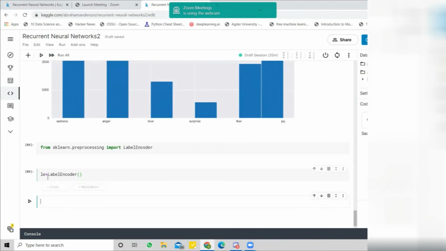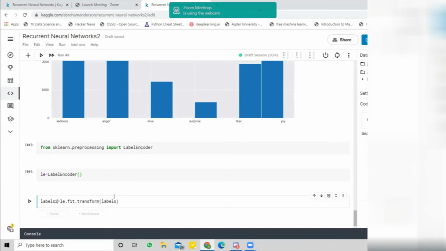Now we will use the le.fit_transform method. As you can remember maybe from previous tutorials, this will fit our labels and transform them into numbers, right? Let's assign the result to our new labels, because for labels, maybe we can use labels 2.